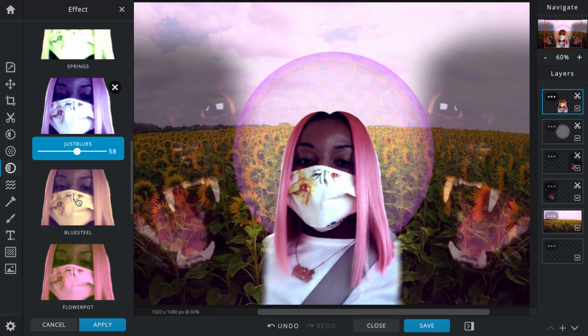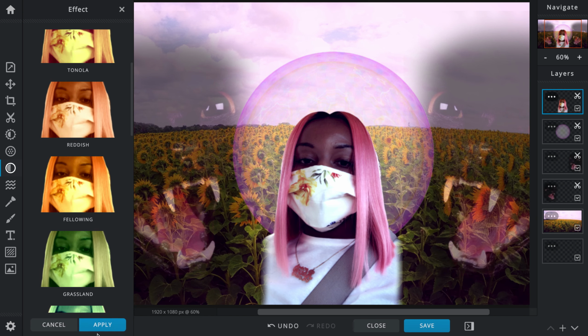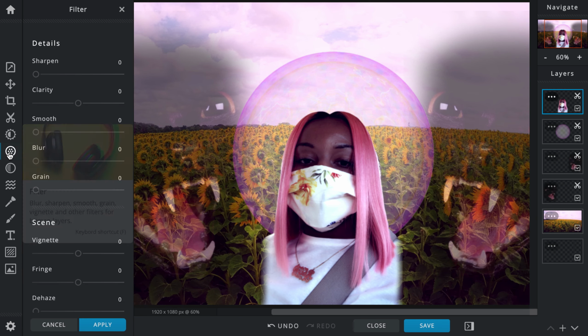I really like this effect. I'm going to use the Just Blues. I'm going to apply that effect. I'm also going to check out some filtering, I think,